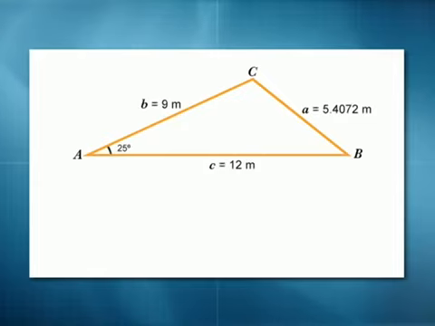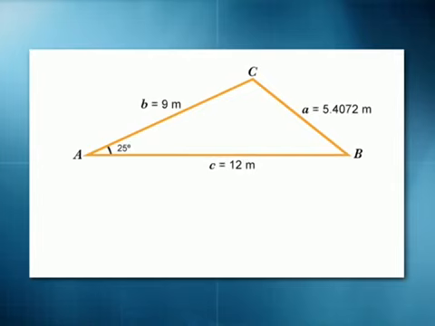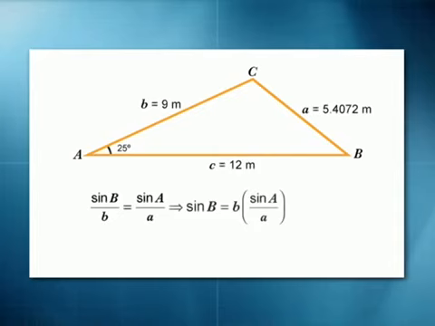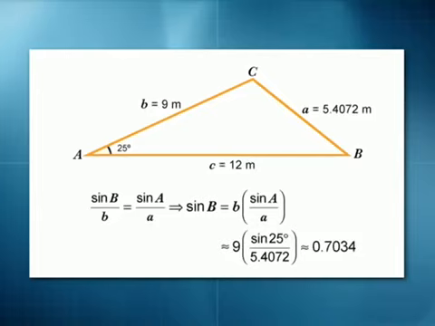So we're kind of back in the other case. We could find, say, one of the other angles now. sine B over b equals sine A over a. Here I'm using the law of sines. That gives sine B equals little b times sine A over a. Plug in these characters: 9 times sine 25 divided by 5.4072 yields sine B approximately